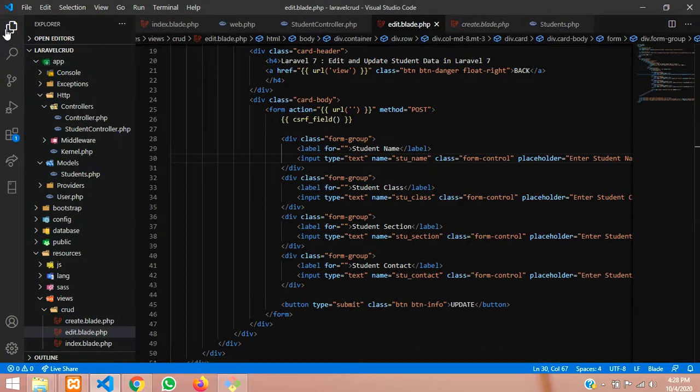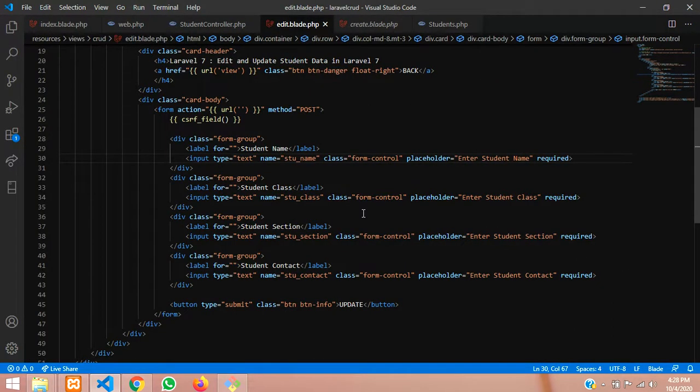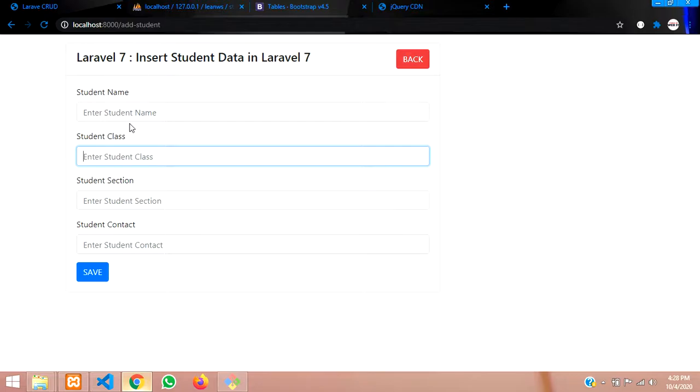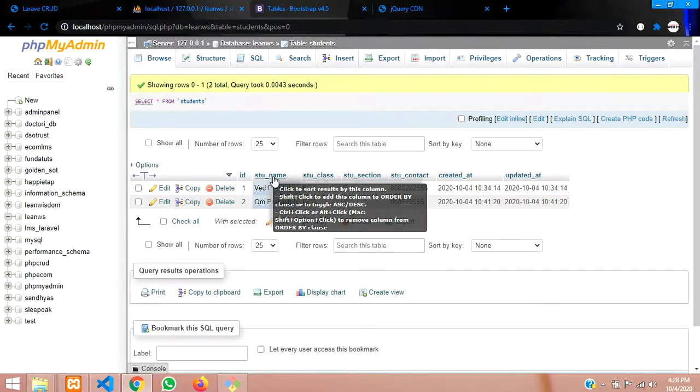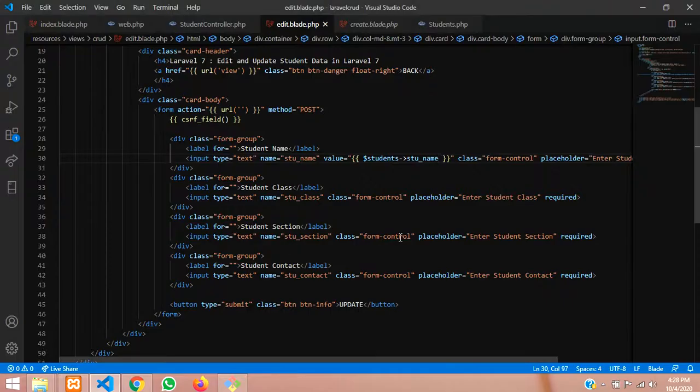Let me close the sidebar. Let's type value is equal to, inside the double curly braces the students variable which you are going to pass, and call the student name, whichever variable you have created in your database. So this is my database, student name, student class.